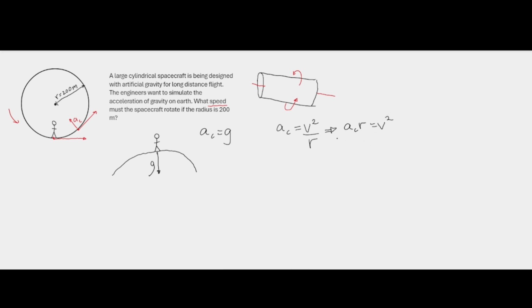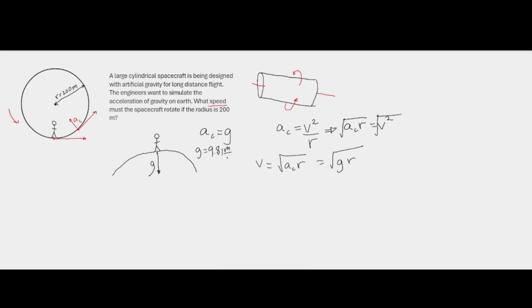And now we just take the square root of both sides of this equation, and we see that v is equal to the square root of a_c times r. Now, we want this to be the case where the acceleration that we feel is the same as the acceleration of gravity on Earth. So this becomes, a_c now becomes g times r. And we know that g is equal to 9.81